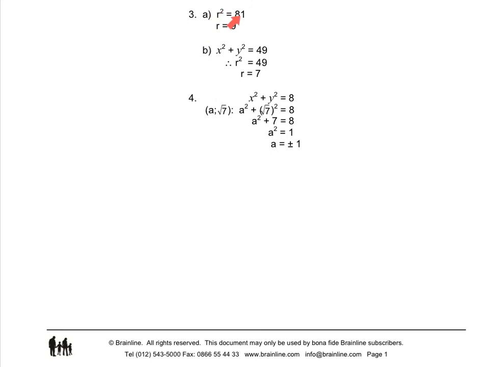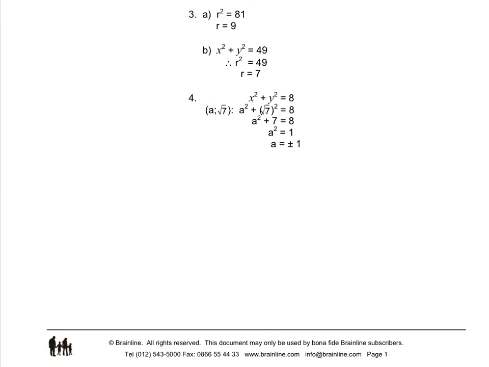And the square root of 81 is plus or minus 9. Remember that the negative 9 in this case is not applicable because a distance is always measured as a positive unit,